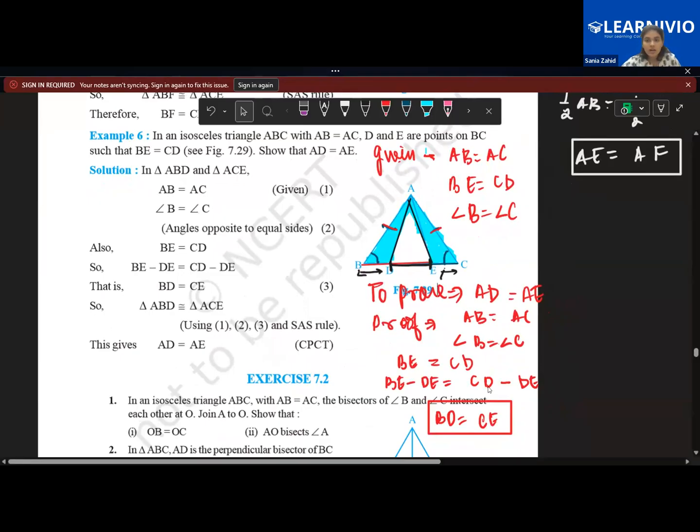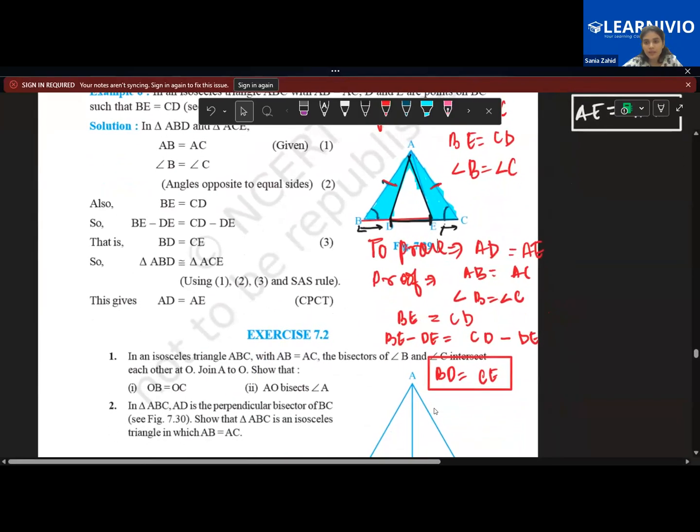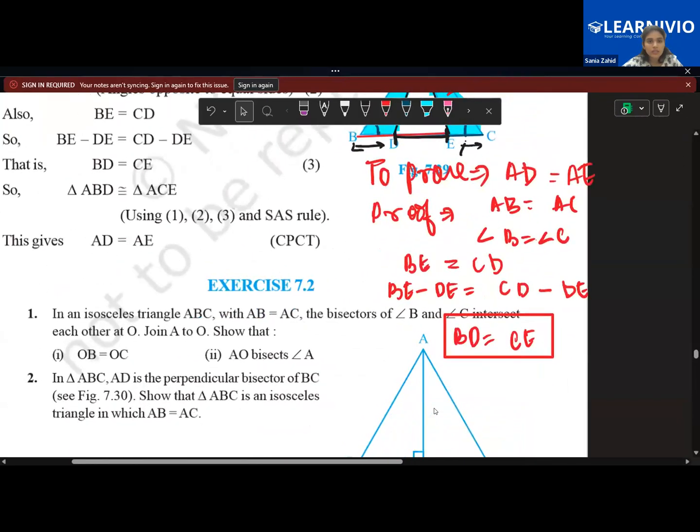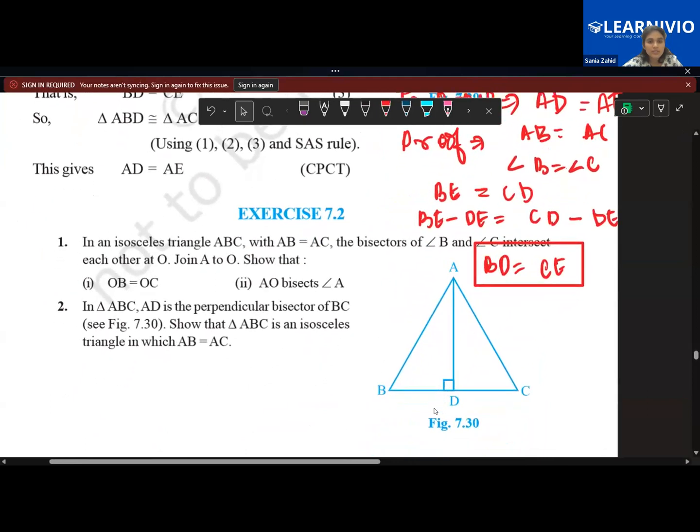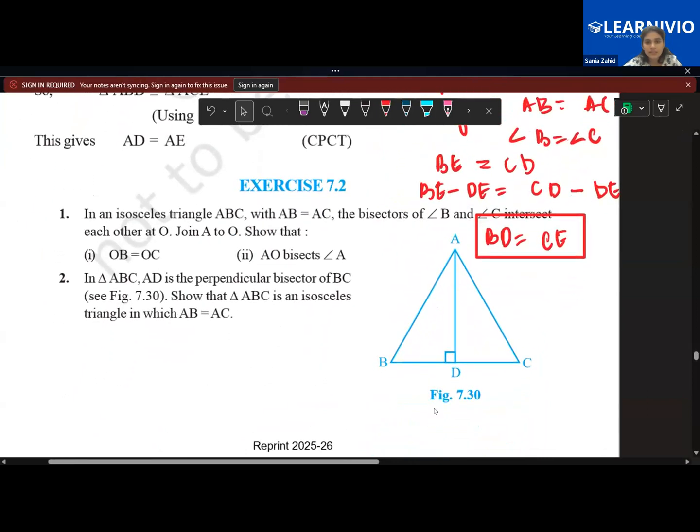Done, ma'am. Okay. Now, children, the next question says that there is an isosceles triangle ABC with AB and AC